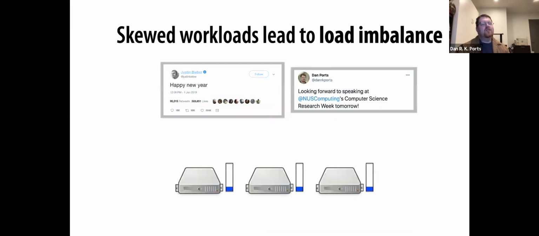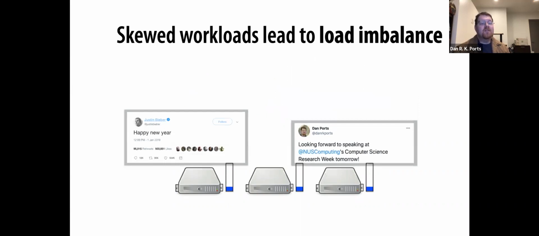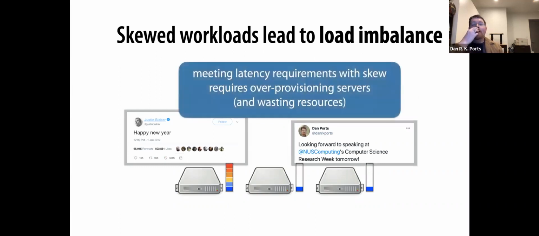So traditionally, in order to place data in a distributed system, we would map each user to a particular server using something like consistent hashing. And that becomes a problem when one of the users is much more popular than the other, because the server that has to hold Justin Bieber's tweets is going to see a lot more load than the one that's storing mine. And in order to build a system that doesn't get overloaded and meets latency requirements, typically we'd have to over-provision the servers as though they're each holding some of the popular users,